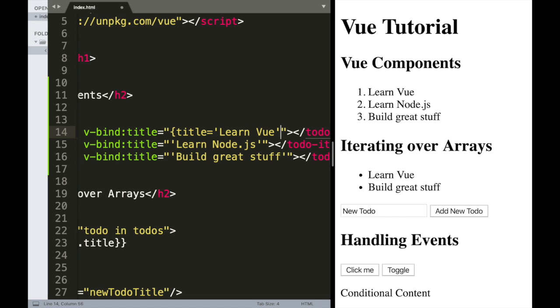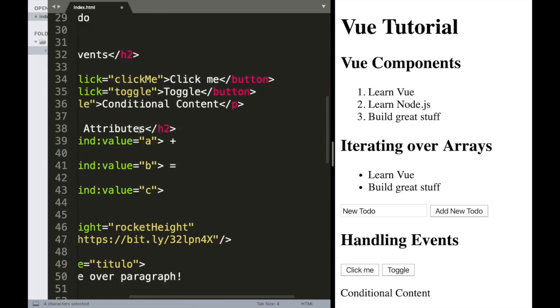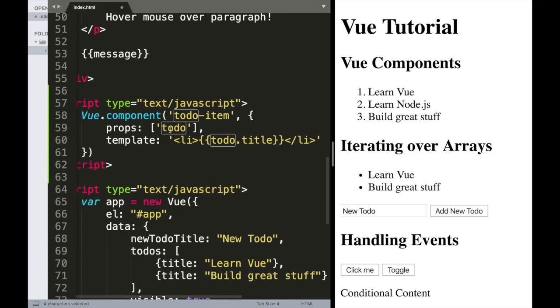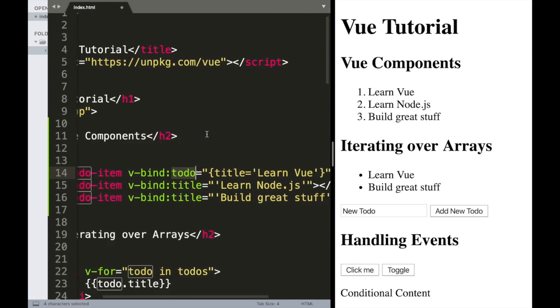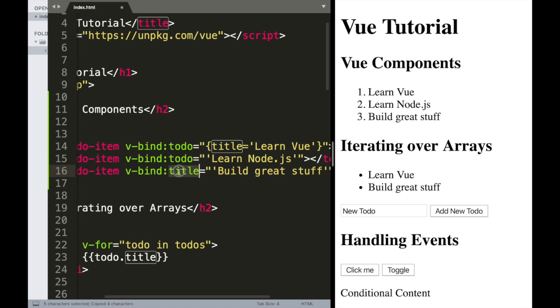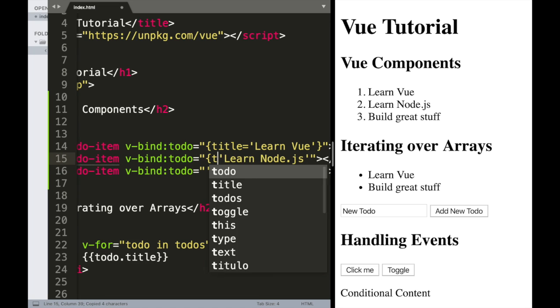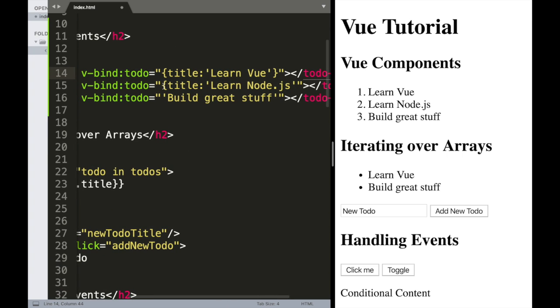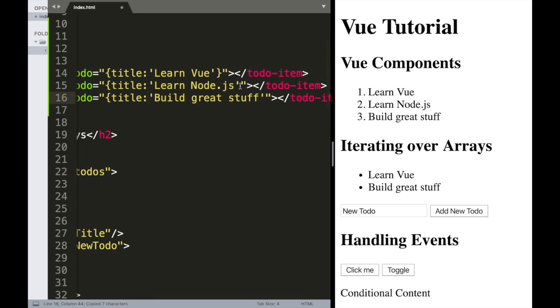equal, right? And this would not be title, this would be the todo, because this has to match the name of the property that we declare. Here it is, a todo. So this is todo, same thing, todo, where the object has a field called title. This is JSON, using the JSON notation. So let's copy this a couple more times, and let's close this JSON object. Let's paste that, and let's refresh here,